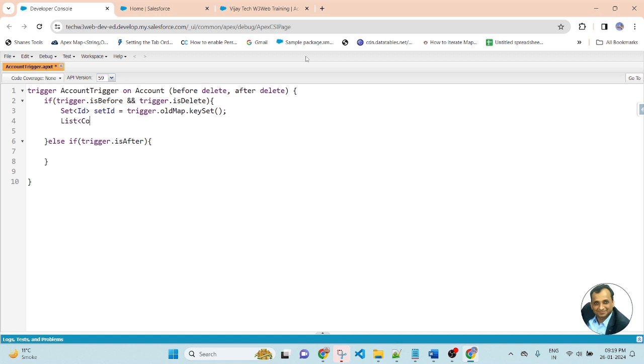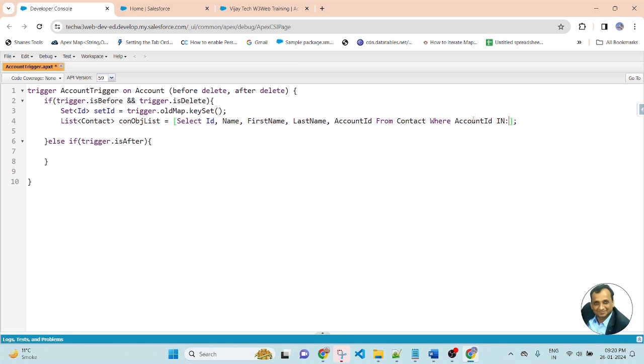List of Contact, objList, equal to, square bracket, SELECT Id, Name, FirstName, LastName, AccountId FROM Contact WHERE AccountId IN colon.